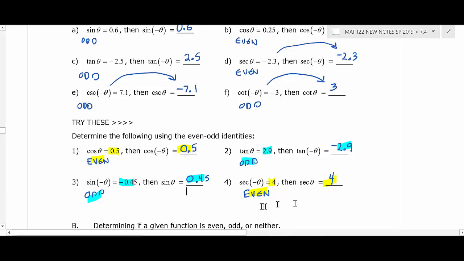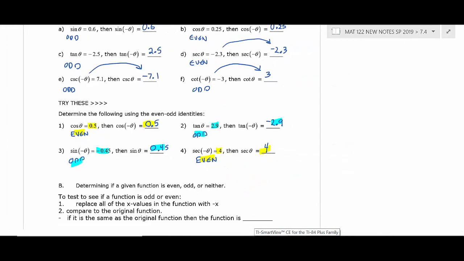The number 4 is also even. Secant's even. So again, notice opposite angle, same y. The other two are odd. Tangent and sine are odd. So again, opposite angle, opposite y. Sine, same way. Opposite angle, opposite y. So that's it. Okay, I'm going to pull up my calculator for a second here and show you this also